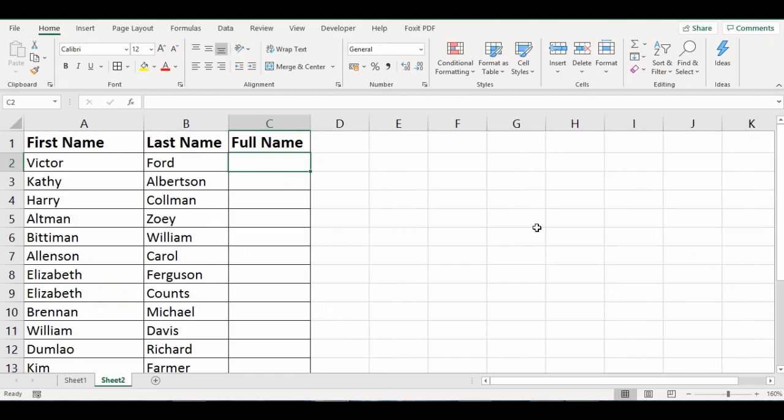In this tutorial, you'll be learning how to concatenate. Concatenate simply means a function in Excel that enables you to combine text strings together. So in this example, I'm going to show you how to combine first name and the last name together. So I'll be combining the text values in column